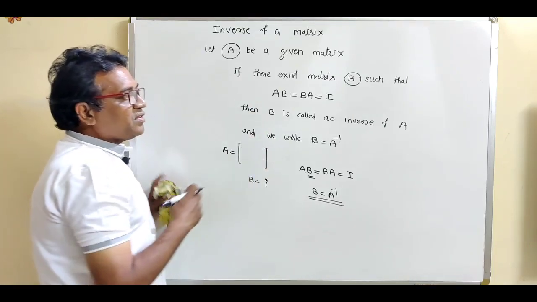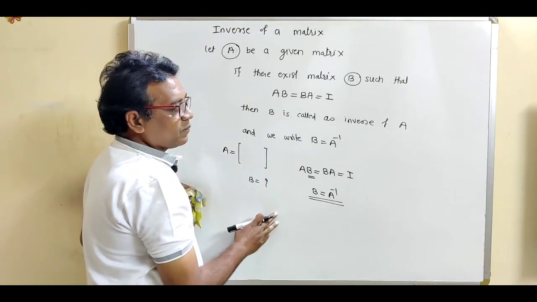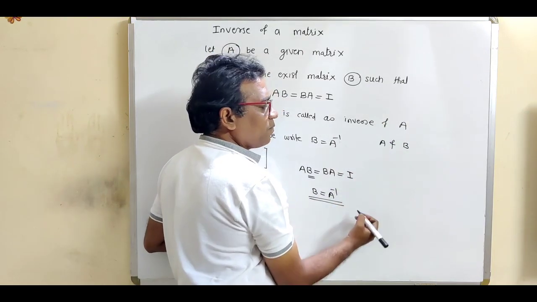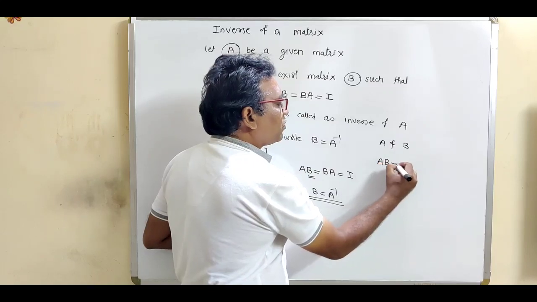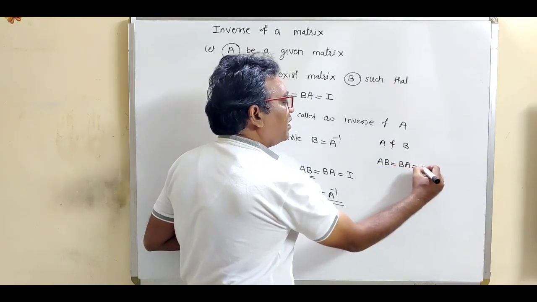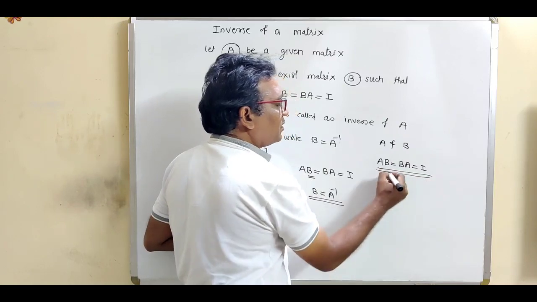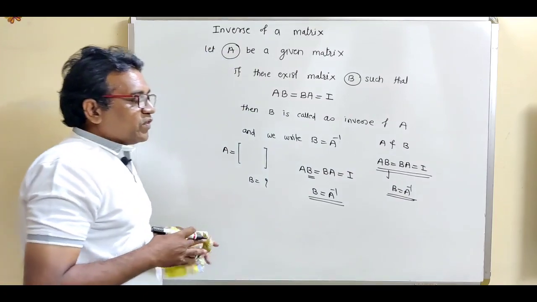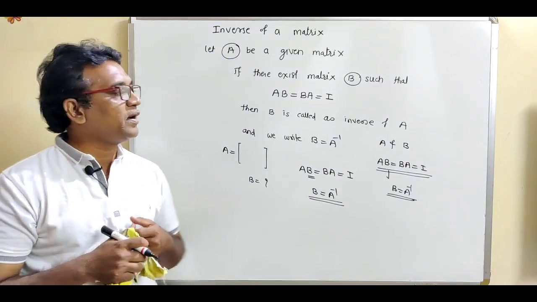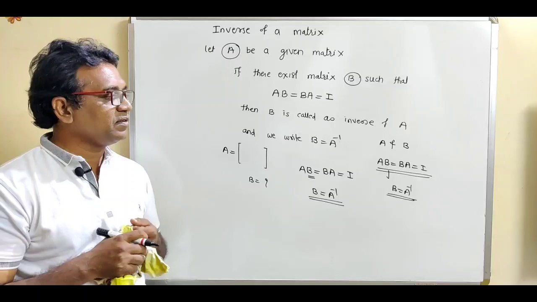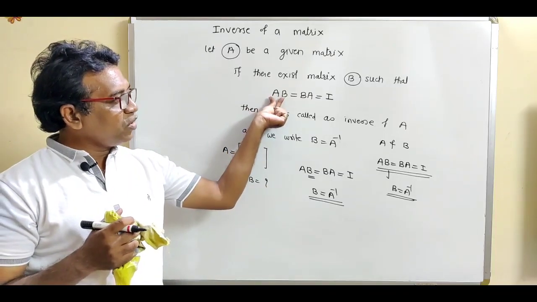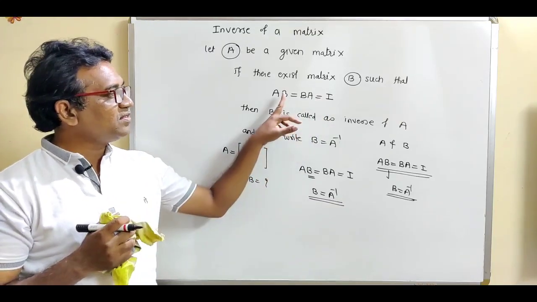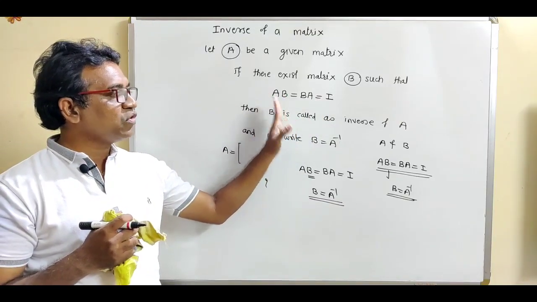So first of all, remember this definition of inverse of a matrix. If there are two square matrices, obviously, A and B, having this condition, the product AB is equal to BA is equal to identity matrix I, then this element B is called the inverse of A. What is the definition of inverse of a matrix? If the product AB is equal to BA is equal to unit matrix I, then B is called the inverse of the first element.